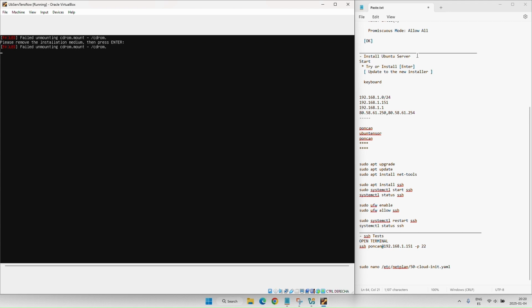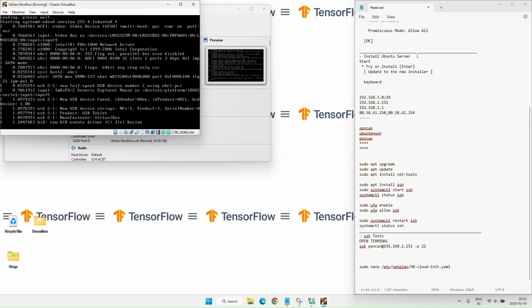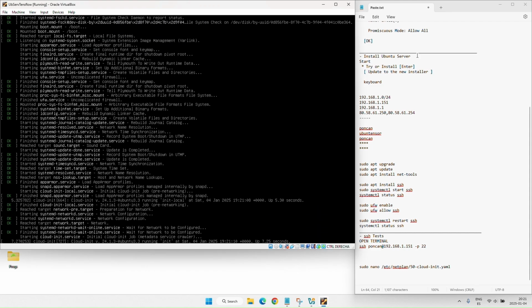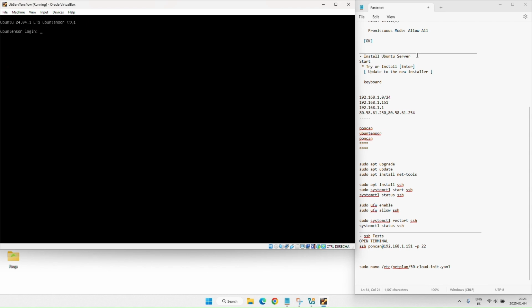These errors are because we have not removed the installation CD, but now the installer has already extracted it. We press Enter. It asks for the username and password.